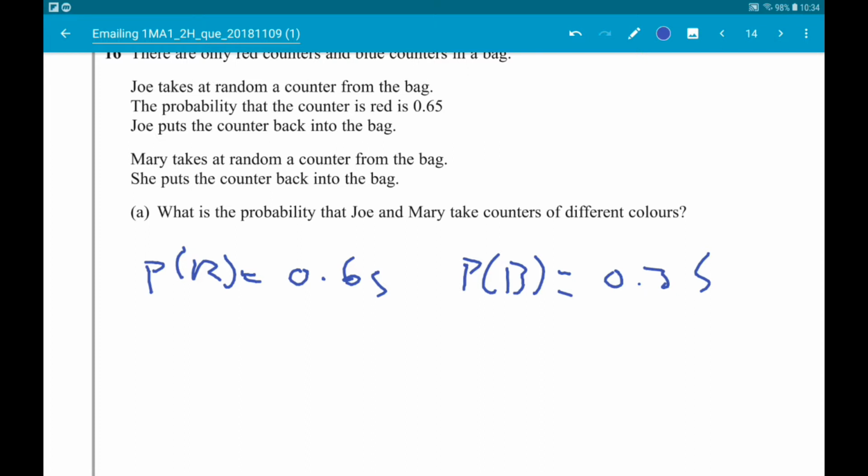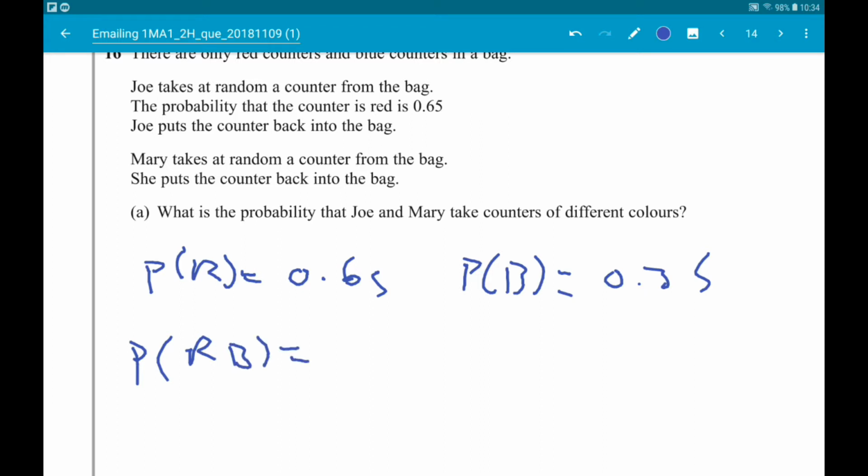Either Joe takes a red and then Mary takes a blue, or Joe takes a blue and Mary takes a red. So, if we do probability of red then blue,